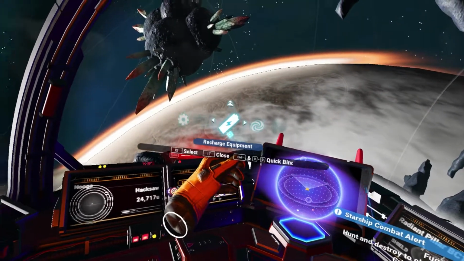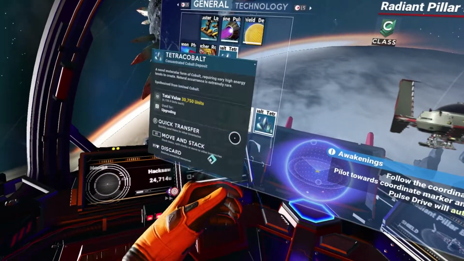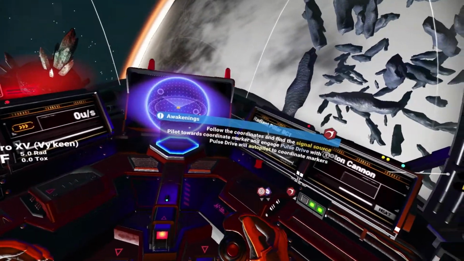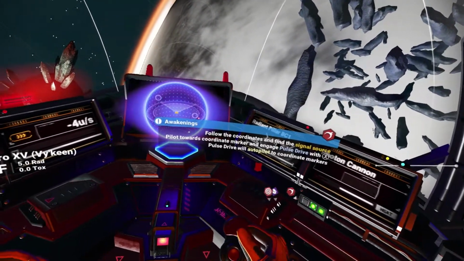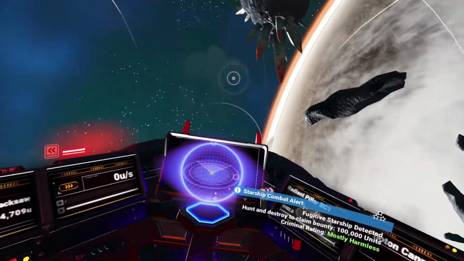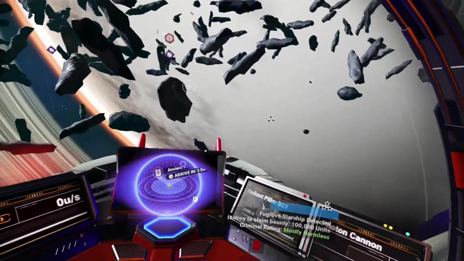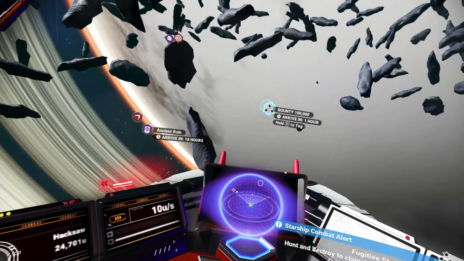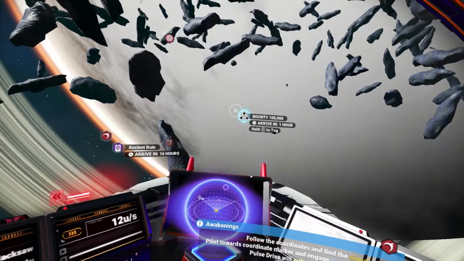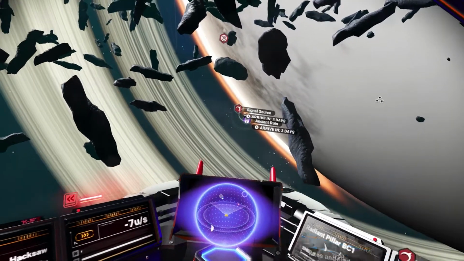Okay, so that gives us a full pulse engine. And do we have a little bit left over? Yeah, we do. Okay, so we'll just hang on to that and use it to... What did that say? Follow the coordinates and find the signal source. Okay, so here's what we're going to do. If I didn't have anything in my hold right now, and it was just me and my ship, I'd actually try and get that guy, because that's 100,000 credits right there. But, let's go ahead and...